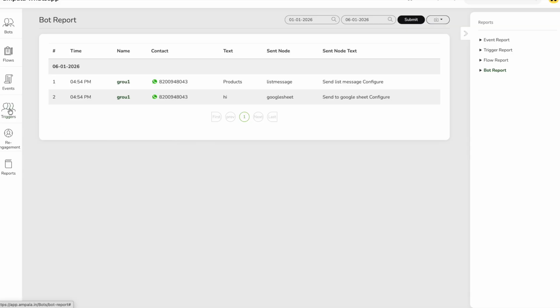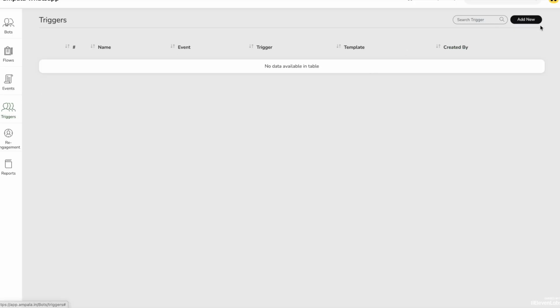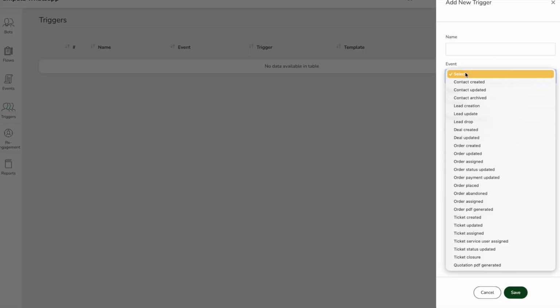In addition to this, let me also show you about the trigger function. So what exactly does the trigger do? It sends a message whenever a new contact is created, or when an existing one is updated, or even when a contact has been archived. Along with this, the CRM you are currently using